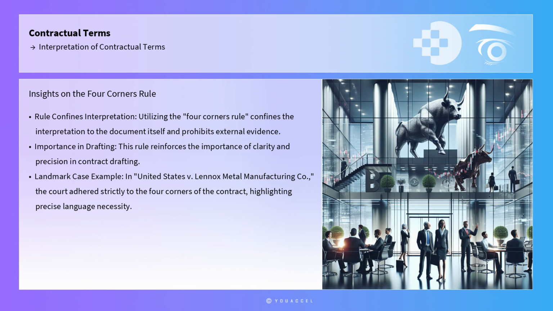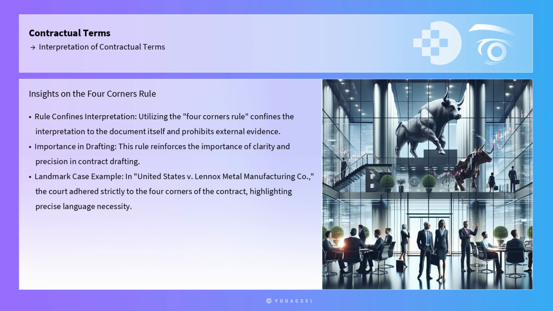Utilizing the four corners rule, which confines the interpretation to the document itself and prohibits external evidence, can be beneficial when the contract is comprehensive and unambiguous. This rule reinforces the importance of clarity and precision in contract drafting. For example, in the landmark case of United States v. Lennox Metal Manufacturing Co., the court adhered strictly to the four corners of the contract, highlighting the necessity of precise